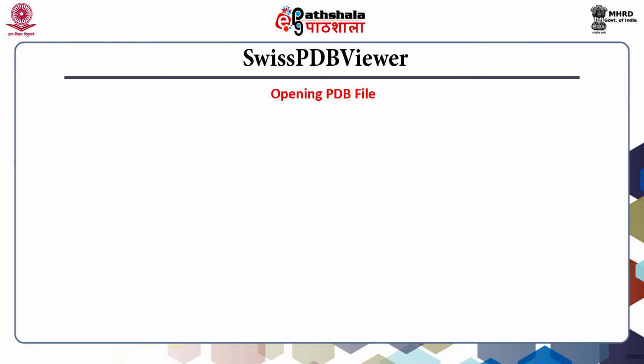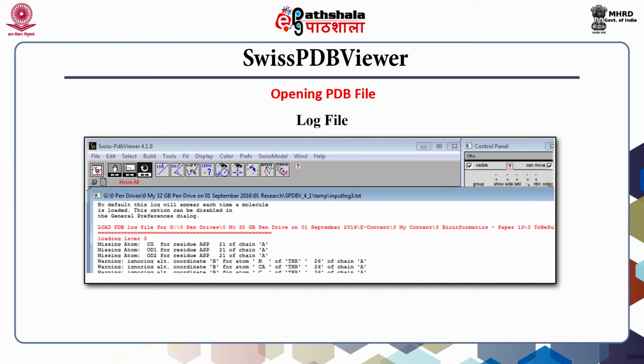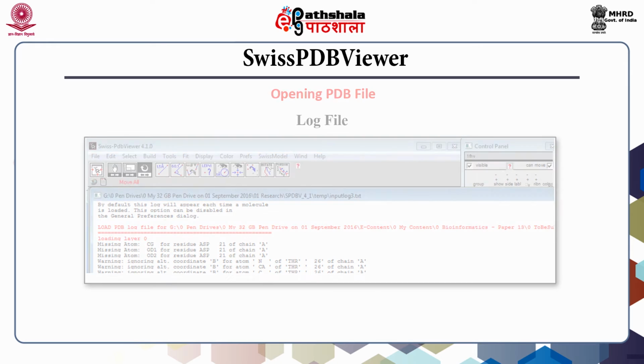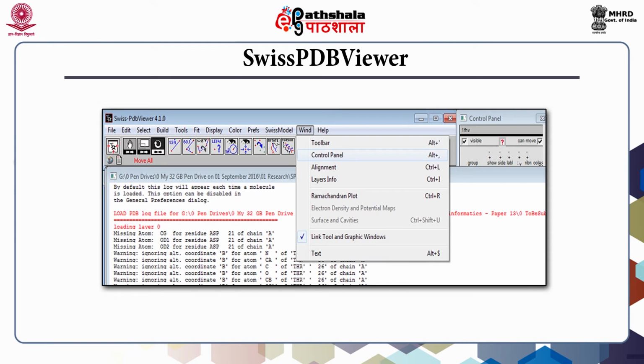Since the checkbox for receiving log of activities upon loading a structure was left checked, this log of activities is displayed in a separate window. The log window shows first 3 black lines for missing atoms in aspartate 21 of chain A of OSBS enzyme. Open the control panel